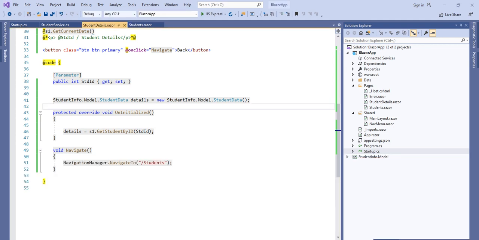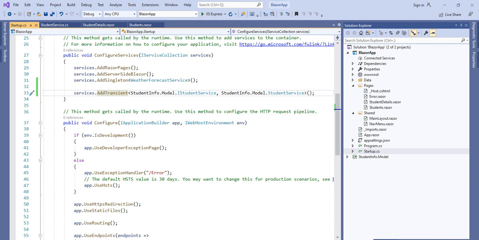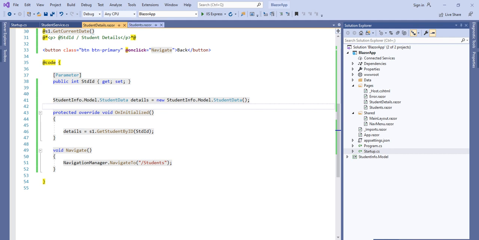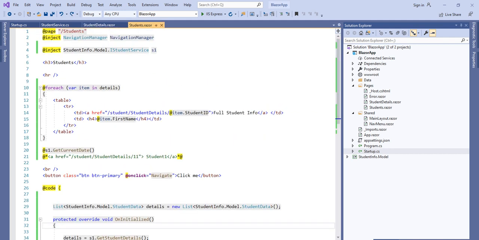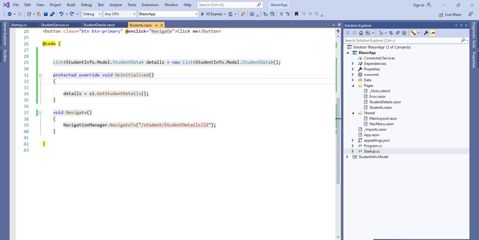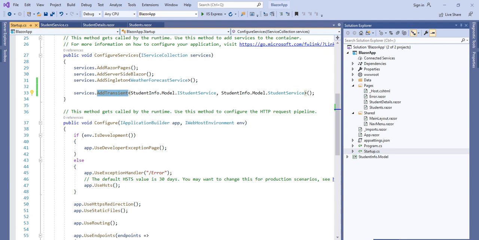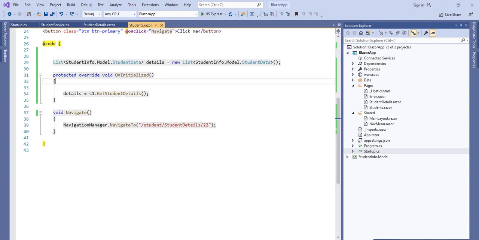So what we have done as of now is, first we are injecting our service, adding it as transient, and we are consuming both the services here, and then we are injecting that service, IStudentService, on both the Razor components. And now we are not initializing, because when we use AddTransient in the startup page, it initializes automatically, and whenever we use this page or land on this page, every time it will initialize that property.